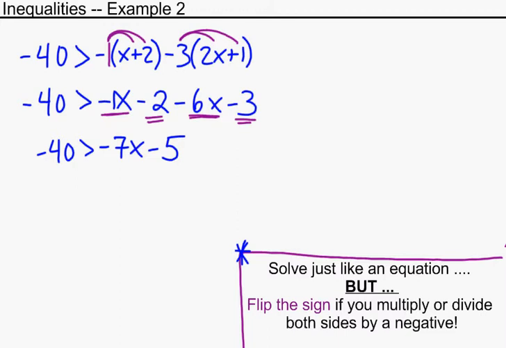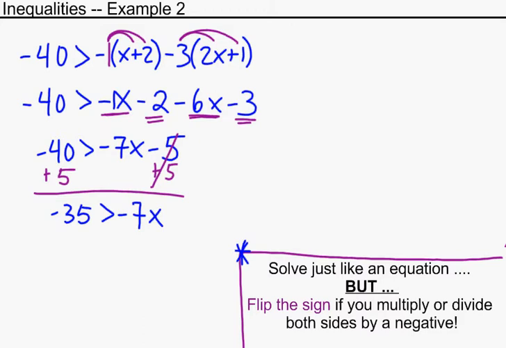So now I need to solve again what equates to a two-step equation. I add the 5 and add the 5. So I end up with a negative 35 on the left, and that is greater than negative 7x. I recall that negative 7 is attached with multiplication, so I divide it away, and I divide it away from the left. So in the end, I get a 5 on the left, I get an x on the right,